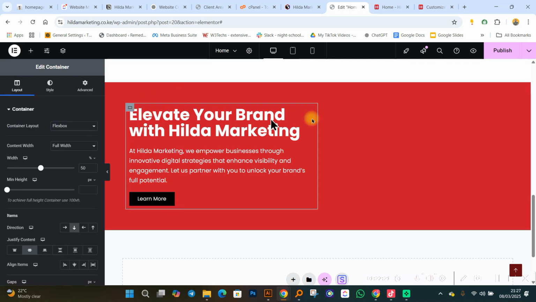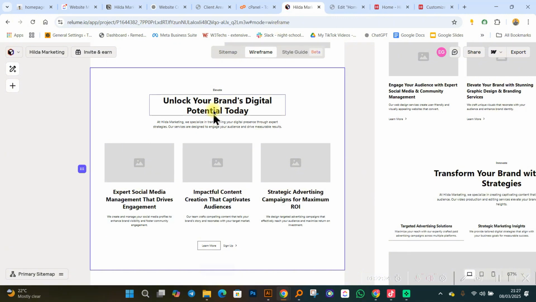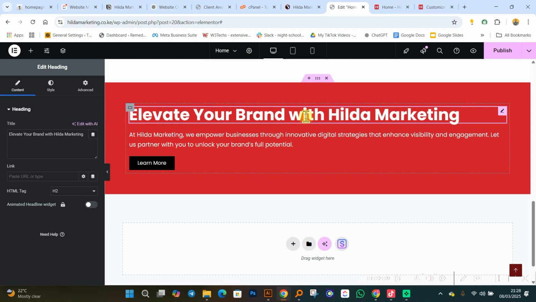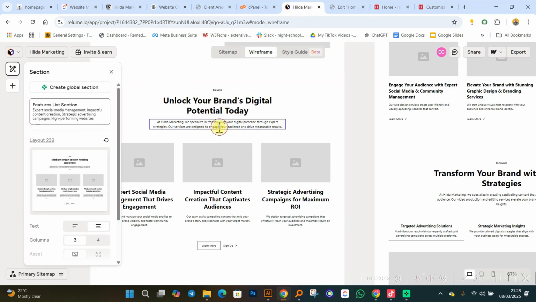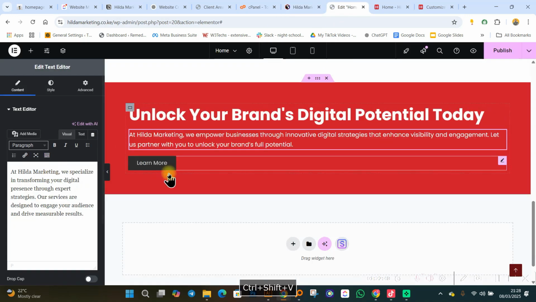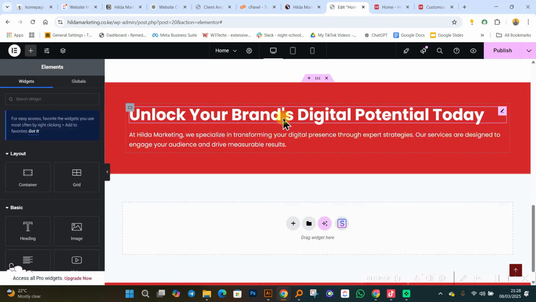Now, those were two containers in one, and each of them was occupying 50% each. All right? So if I select this and change the layout to be 100%, in a jiffy, very fast. So if I come back again, I can see this is unlock your brand's potential. So I can paste this text over here. Nikuja ni paste hapo. And then I can come again, copy this, and then I just come, paste like that. So I'm going to delete this quite fast.